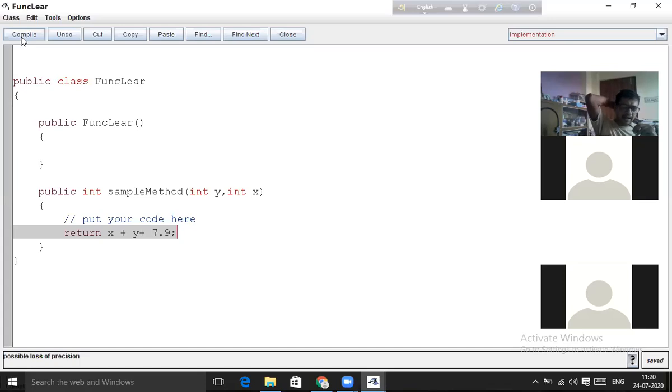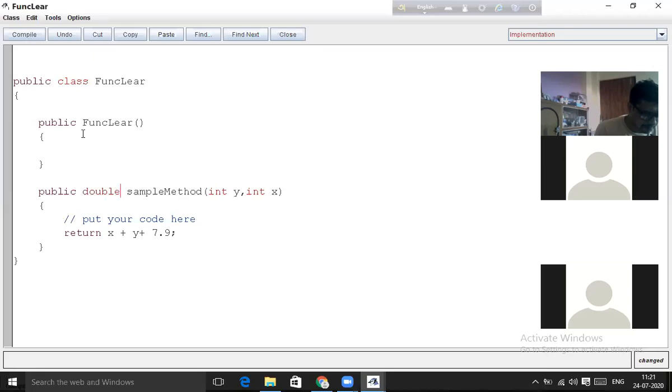Because here I have declared my return type as int and I am trying to return a value which is 7.9 to be added with the existing integer value. When I add an integer with a double, it always becomes a double. So when I get a double value and my return type is int, it is not possible to return that value. So I have to change this into double. If I change the value into double, watch carefully, my compilation is successful and there is no syntax